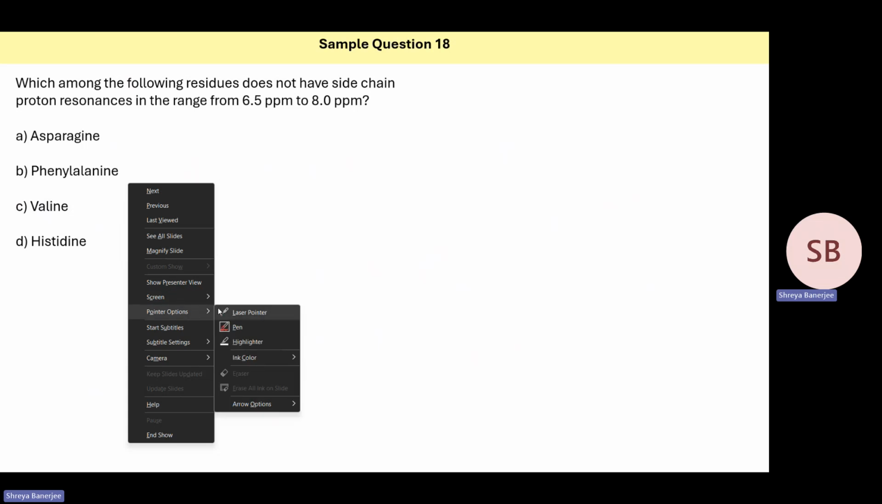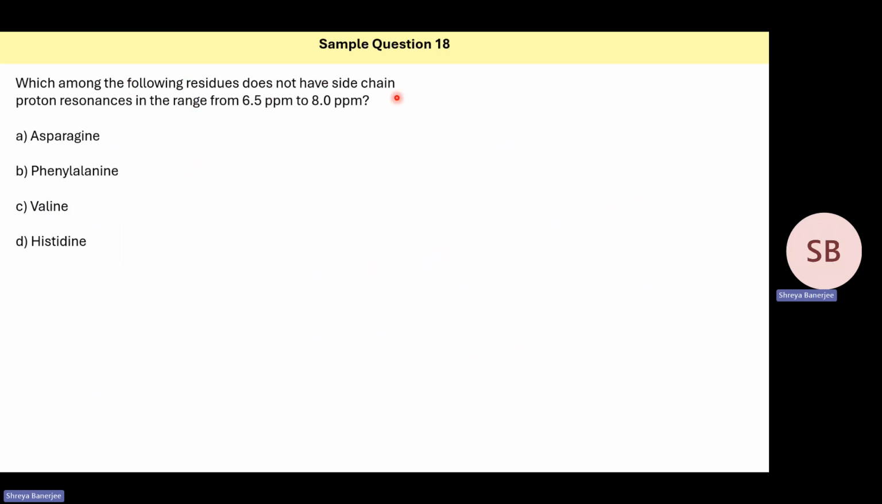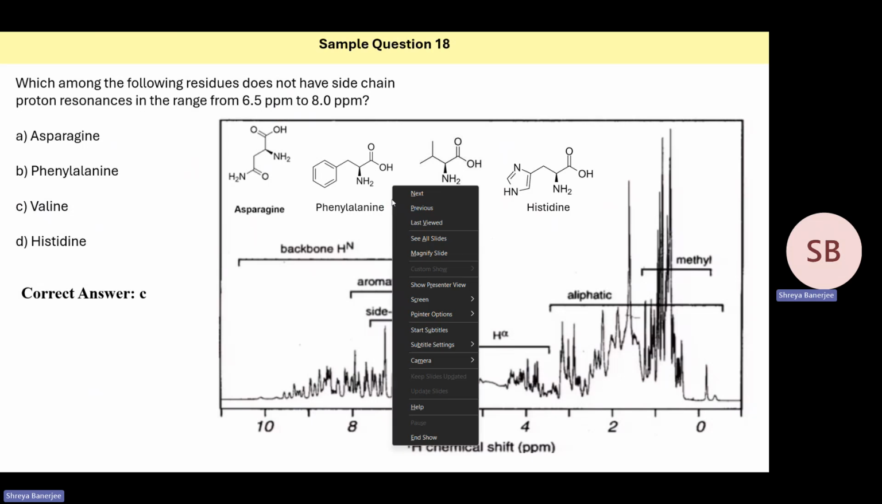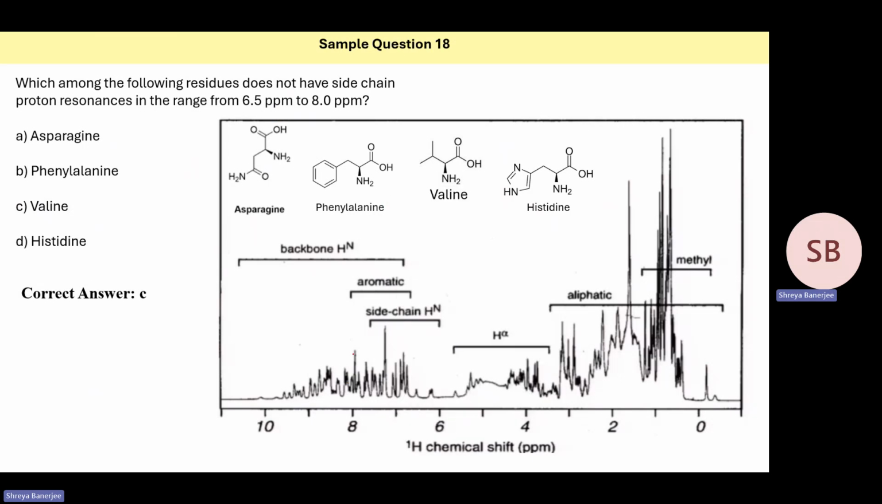The next question is asking, which among the following residues does not have side chain proton resonances in the range 6.5 ppm to 8 ppm? If we remember the range of the 1H NMR chemical shifts of the amino acids, 6.5 to 8 ppm is basically this region. Any amino acid that has an aromatic side chain or an amide hydrogen in the side chain will have resonances in this range. So phenylalanine will have, because of the aromatic side chain, resonance in this range,